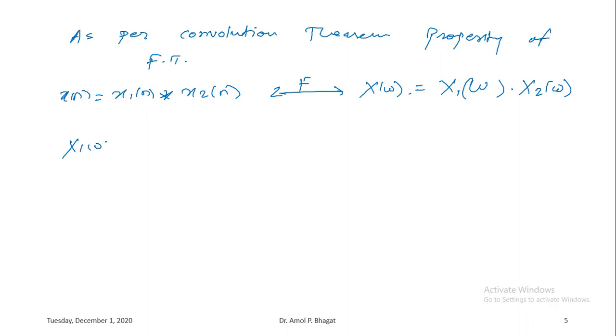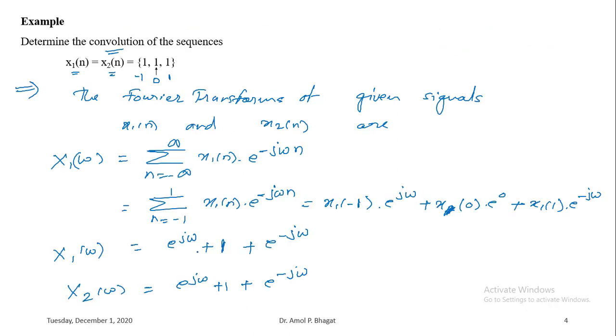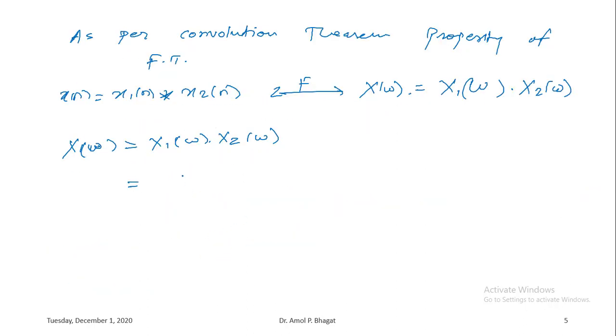So I'll directly write here X of omega, which will be equal to simply X1 of omega multiplied by X2 of omega. So we have these two equations, so I'll write it as 1 plus e to the power